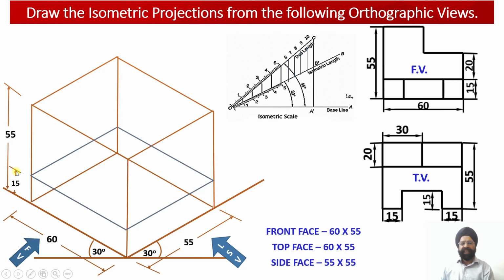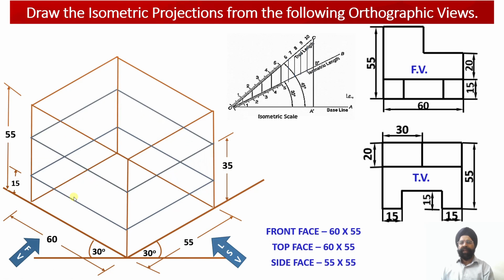So this is the height of this web. That is the top surface of this web. It will be located at a distance of 15 millimeter from the bottom. So having located this horizontal web, now we need to move on to the second web over here, which is